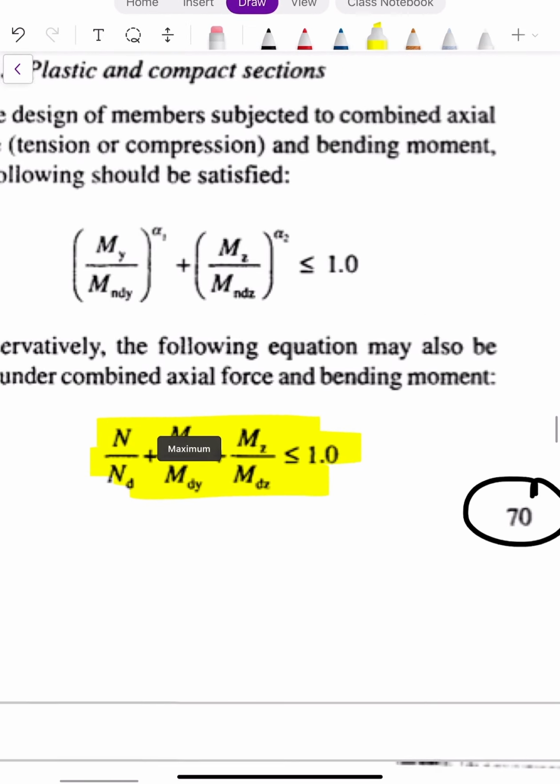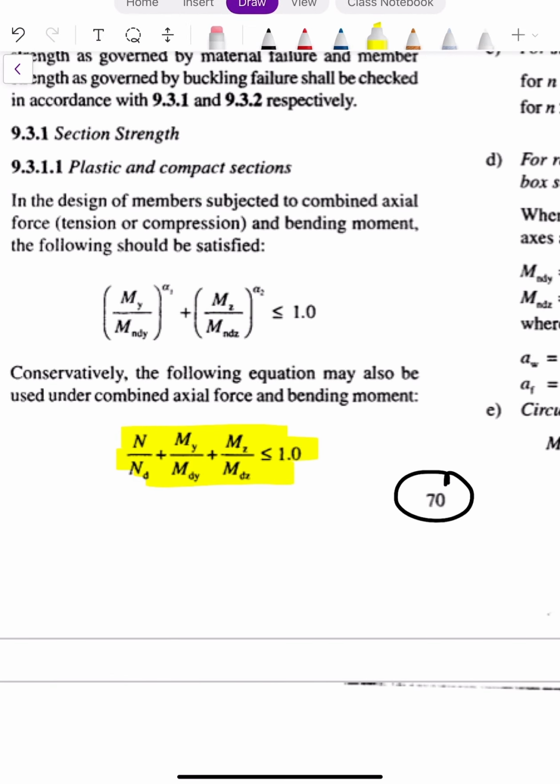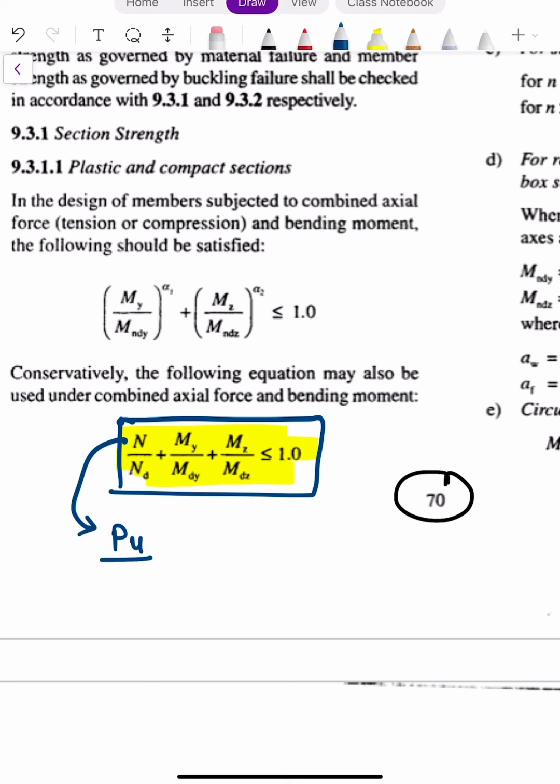Yeah, so this is the equation which I highlighted just a few moments ago. Here n is nothing but your Pu upon Nd, where Nd is what we have found, the design strength in tension, plus